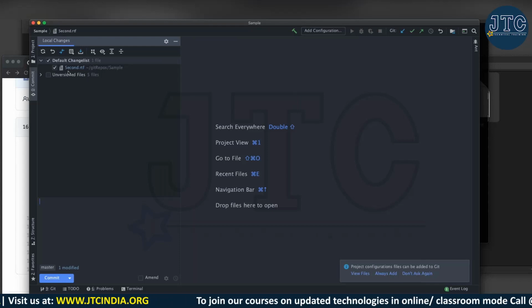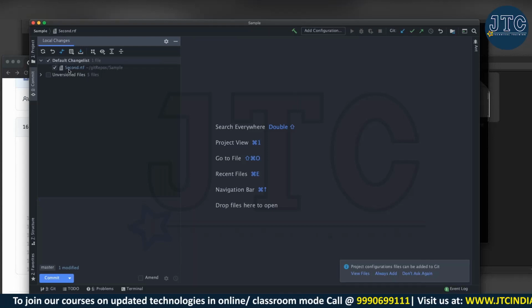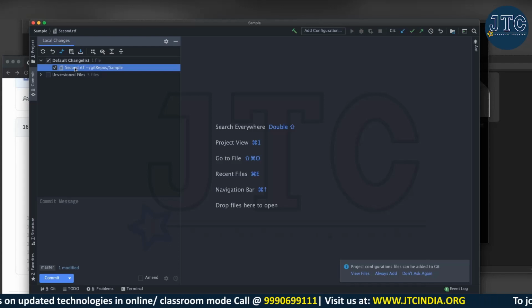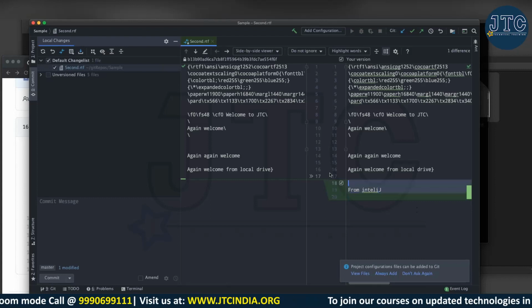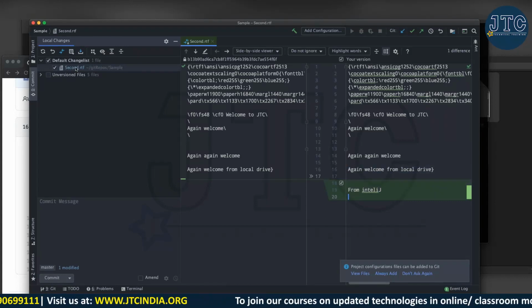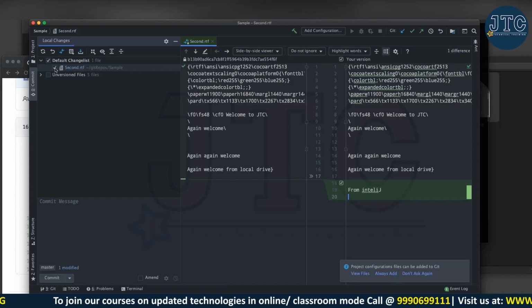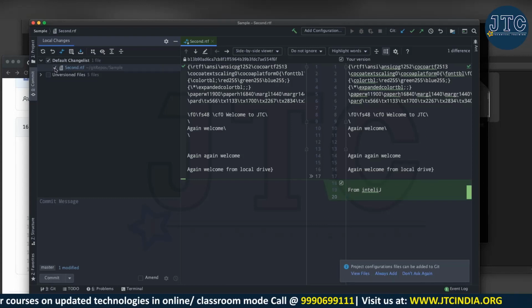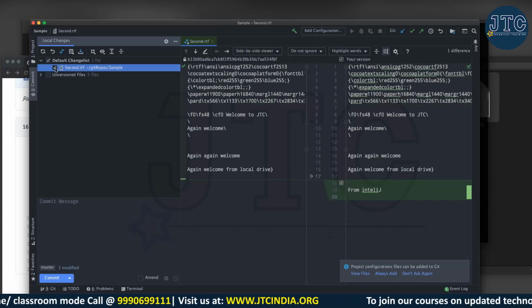I can just say default change list and second.rtf is coming. Now if you double click this one, it gives you a side by side comparison of what you have changed. You need not add anything. It is already added with a checkbox. If I don't want to add that one, then I can just uncheck it. Unchecked means you are not adding that.